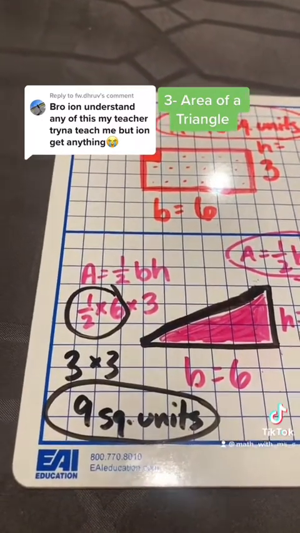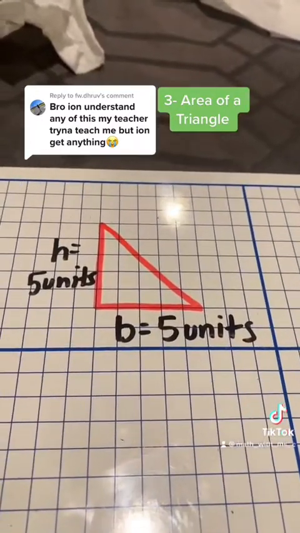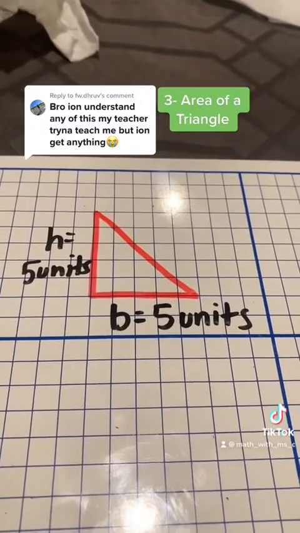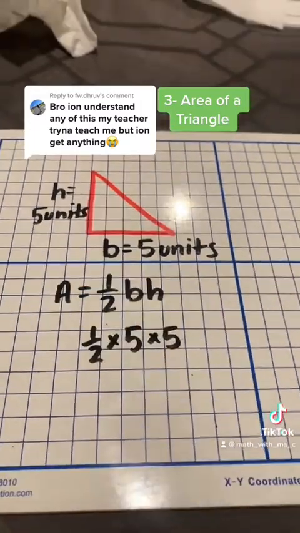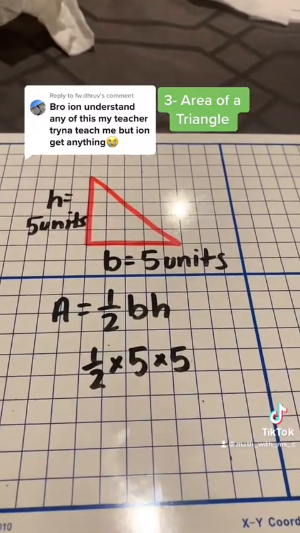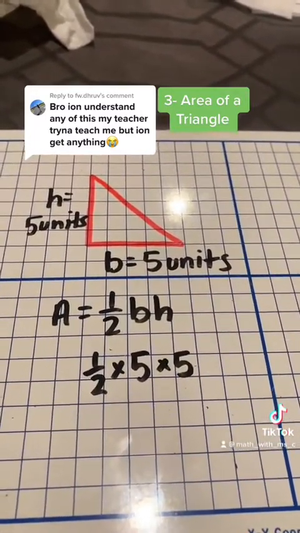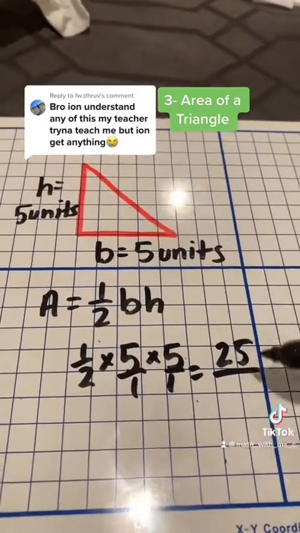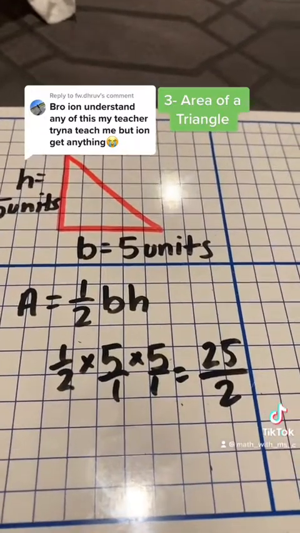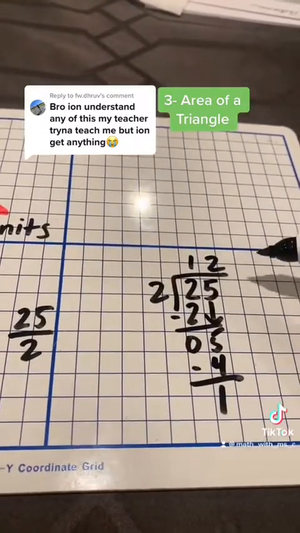So hopefully that helps. What if the base and the height are both odd? Let's take a look. First, copy the formula. Now substitute the variables. Here I notice they're both odd, so I can't halve either one. So I'll multiply 5 times 5. Multiply across, that equals 25 over 2, and we divide. So I could divide this to get 12 1/2, or